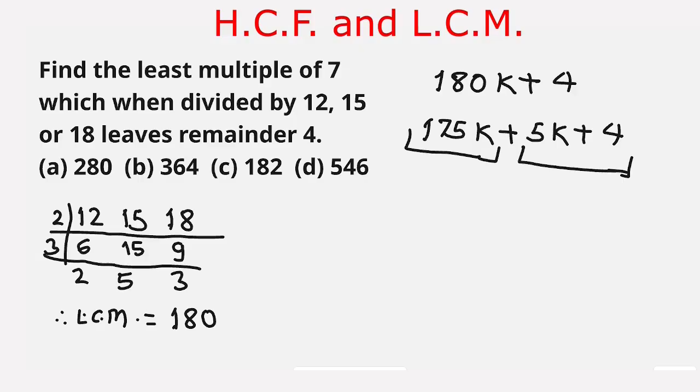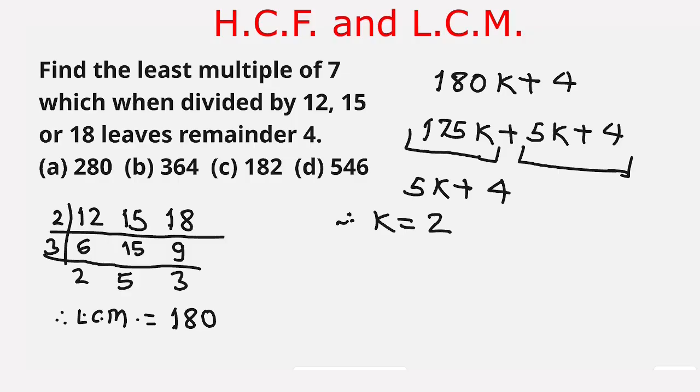If we put the value of k as 1, then 5 plus 4 is 9. That's not divisible by 7. If we put the value of k equal to 2, then 5 times 2 is 10 plus 4 is 14, and 14 is divisible by 7. It gives the value of k equal to 2, and this is the least value of k to make it